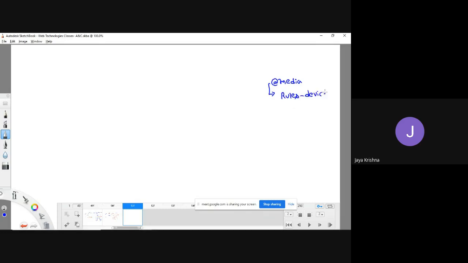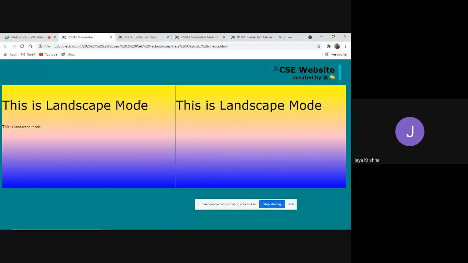These devices can be a laptop or a mobile phone or any kind of TV, etc. Meaning that if I open my website in a particular browser, that browser can be on a laptop or a mobile phone. But based on the type of device, if I would like to set the rules for my particular website, then I can go for media query. For example, I have shown this kind of example.